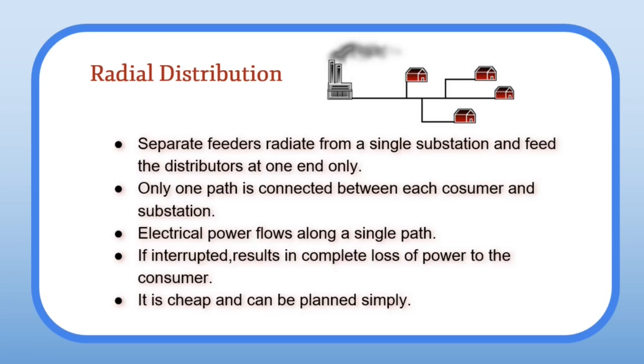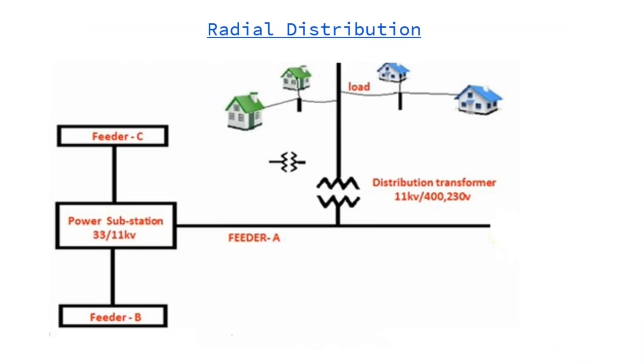Now if an interruption occurs in any path, then there is complete loss of power to the consumer. It is cheap and can be planned easily. Now I will explain this connection using a figure in the next slide. So in this slide you can see a power substation is situated in the middle of the left side, and from this a feeder A is coming out,